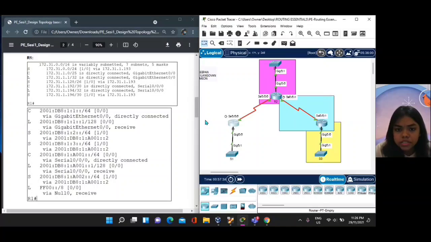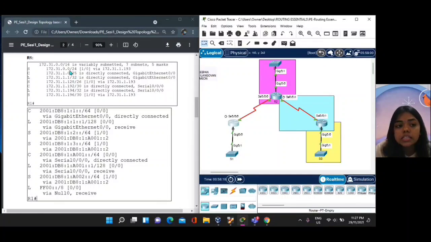When we configure the IPv4 address, we have to look at the local address, which is represented as an L code in the routing table. For example, when we assign an IP address for interface G0/0, we have to look at this IP address, which is 172.31.1.1. But for the subnet mask, we have to refer to the normal subnet mask, which is 25. Next, in order to activate the interface, we have to use the no shutdown command.